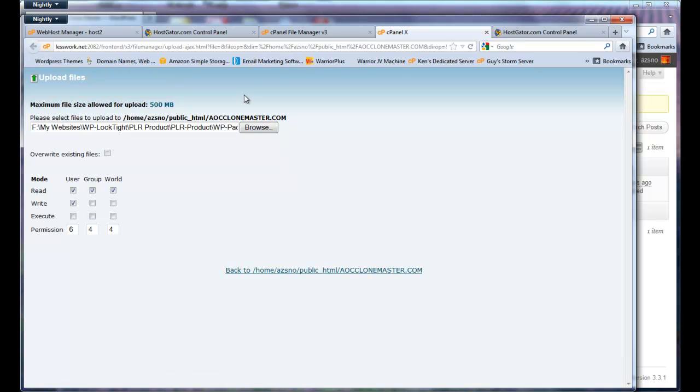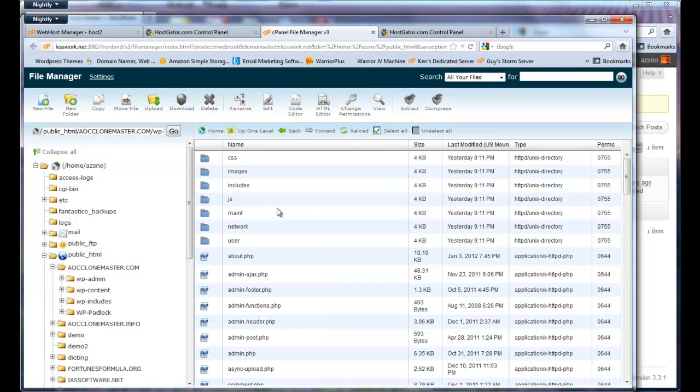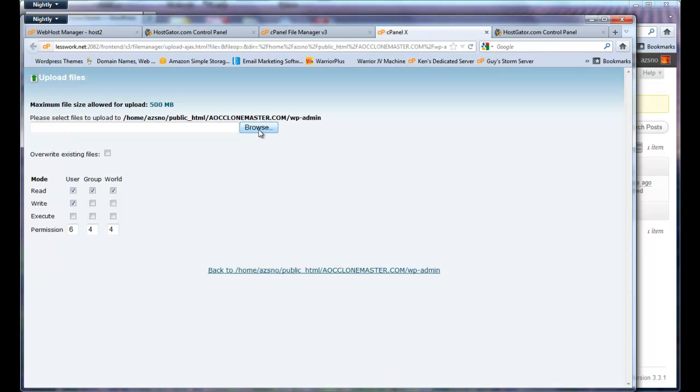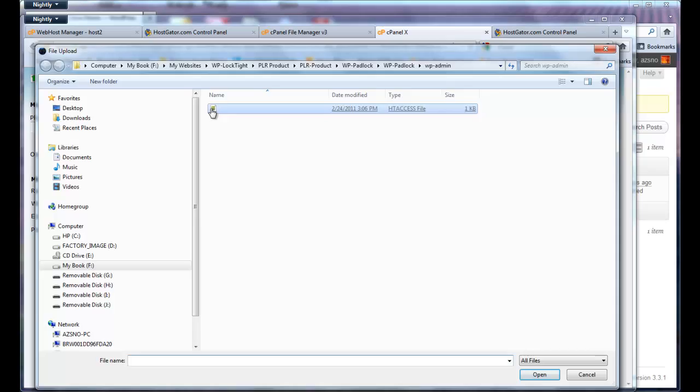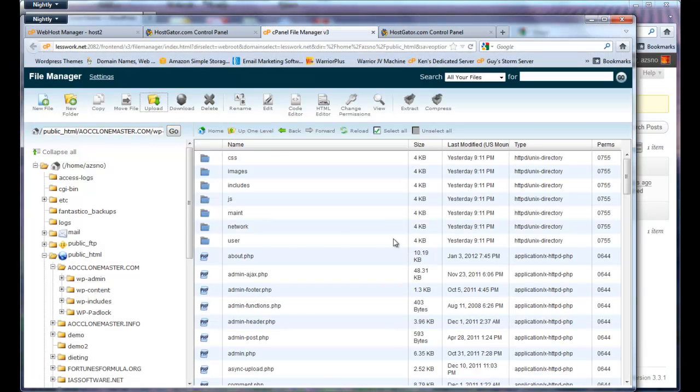Actually, what we want to do is get to the right directory. Sorry about that. So we want to go to WP admin. Now we want to upload to WP admin. We're in the right section here. So once we upload to WP admin,